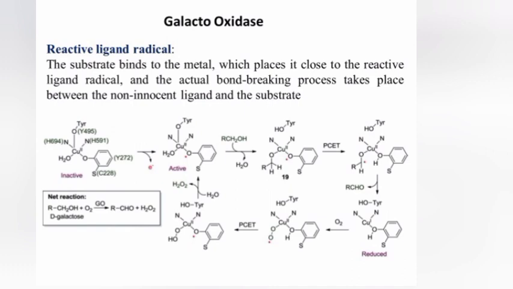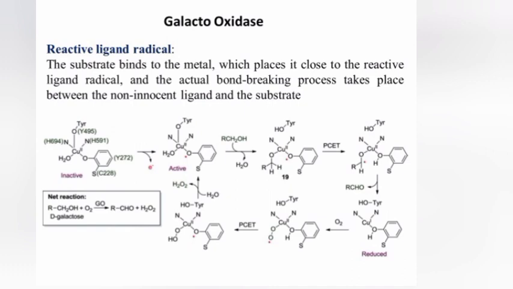In the next step, the reduced form of the enzyme which is obtained is converted to its active state by undergoing oxidation in the presence of oxygen. So the oxygen which contains a double bond, the pi bond will get broken down, and form radicals. So the OO radicals which are added to copper,